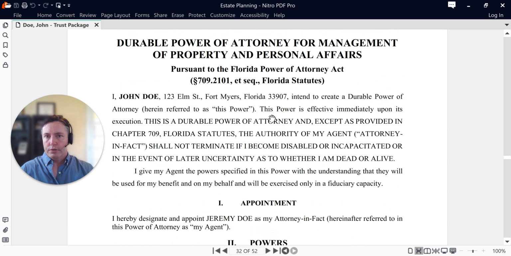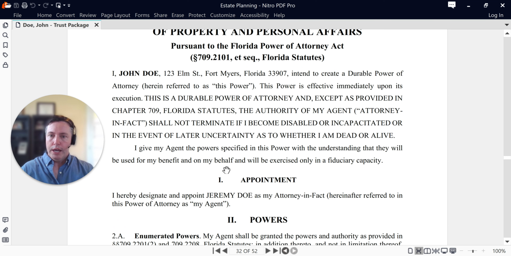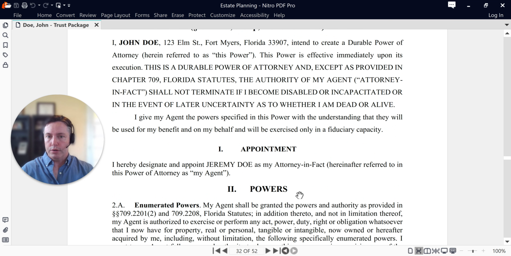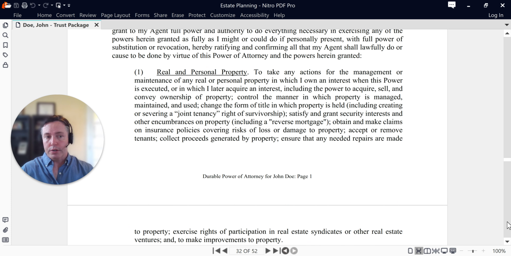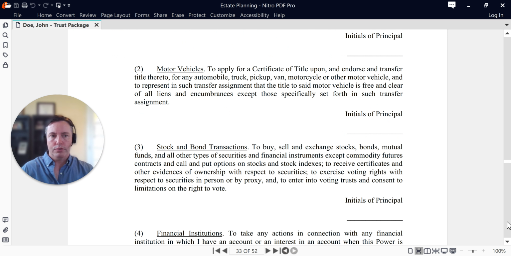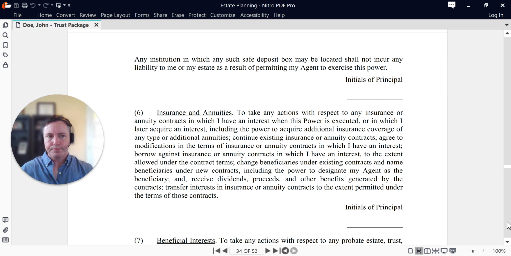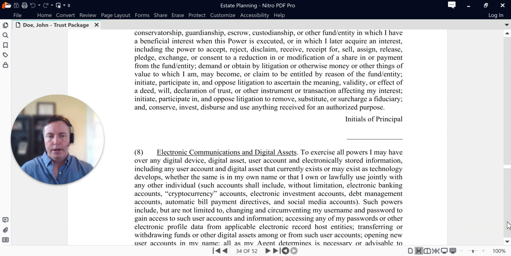It does continue in effect even after you're incapacitated. That's what the durable part is about. But it kicks in immediately. So as soon as you sign this, at least your first choice here is going to be your power of attorney right away, regardless of your capacity, because that's what Florida law requires. They can't be delayed for when you're actually incapacitated or have those springing powers anymore, but they work better because they get honored more often. And so you just want to be mindful of that.